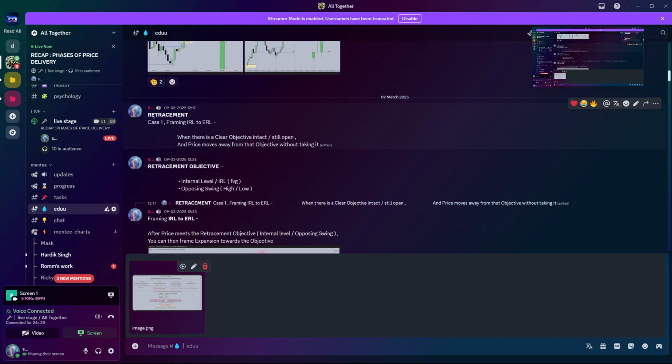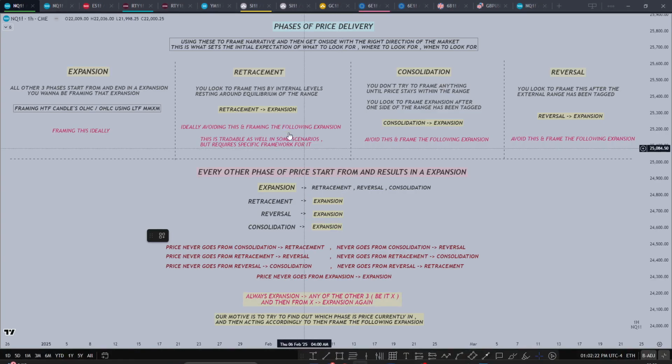Now retracement. I have two ways to frame retracement, as retracement was the only case when I said this phase in itself is also tradable sometimes in some scenarios but requires a specific framework for it. For every other phase I said avoid it completely. You should avoid this, but when price has a certain framework you can even trade this. Like